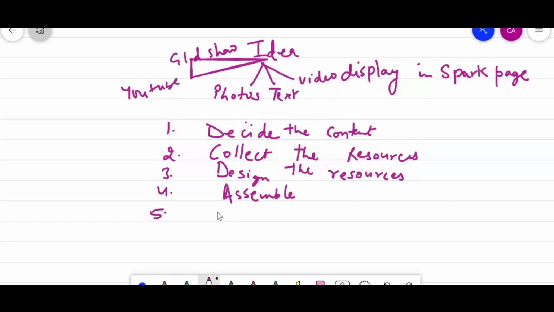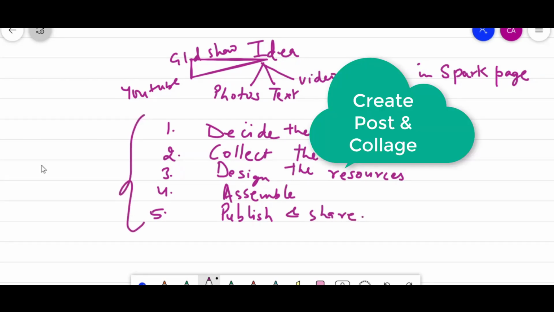Number 5, publish and share. Clear? So all these things can be done in collaboration.